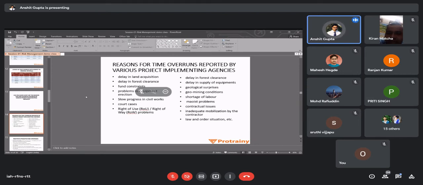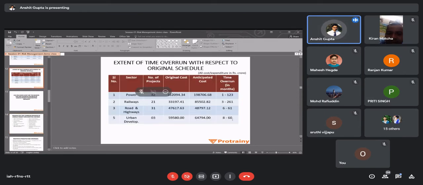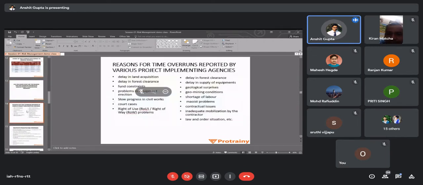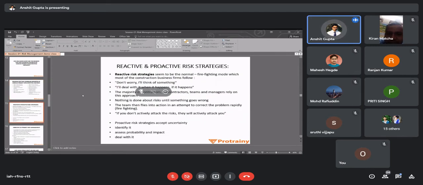So there are two parts of risk management. Maybe if these projects had performed good risk management, at least 50 to 60% of the cost and time overrun which was there could have been easily saved. So that is the actual need of risk management. Why we as civil engineers, genuinely in India, at least in a country like India where everything is delayed so much, we actually need to learn risk management.